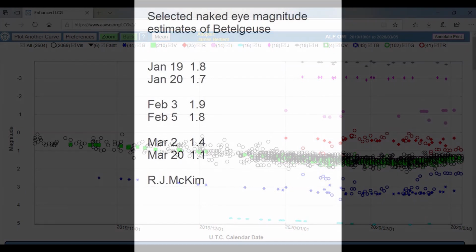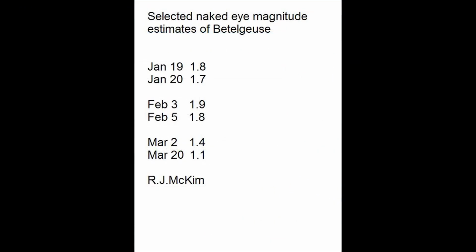We go on. I'll dare to put some variable star estimates of my own here. When I started looking at it in January, 1.7 to 1.9. And then at the beginning of March, I thought it was getting brighter. I observed a few nights ago, it was definitely considerably brighter. So although these estimates probably aren't very good, I'm not a variable star observer, they show the general trend.